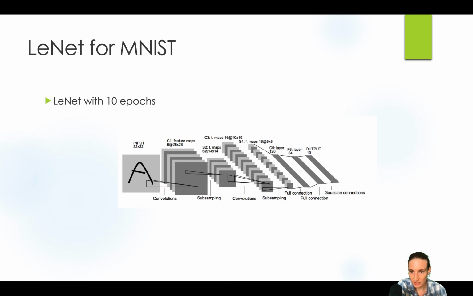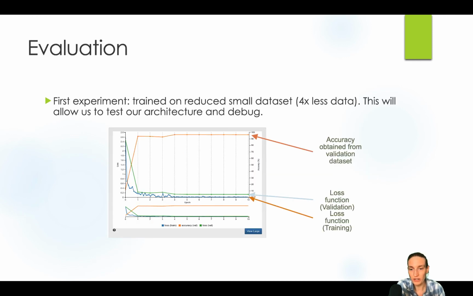If we train a simple LeNet, so 5 layers, with 10 epochs. An epoch means that we go through our entire dataset one time. So we feed the entire training dataset 10 times to the model in order to train it. Okay, so if we train on this architecture, we see an evolution of a loss function, much like we would